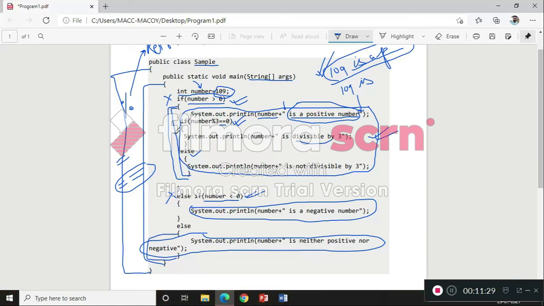Similarly, the boundary limit of if is this part. Sorry, I was mistaken. Okay, I hope you have understood this. So let me erase all this stuff.